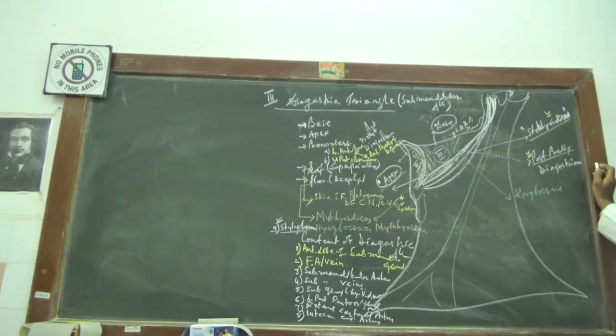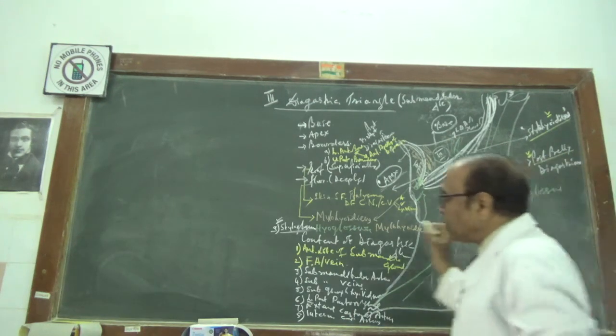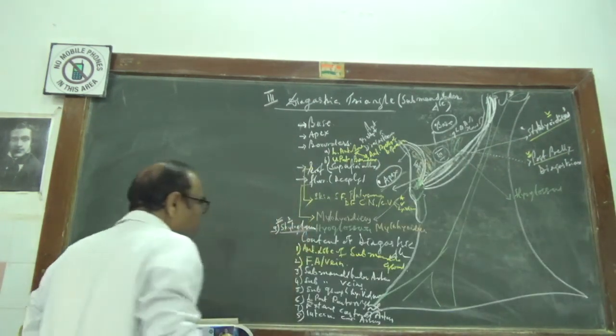along with the posterior belly of the digastricus. But along with that, the muscle which will originate deep to the posterior belly, that of the styloglossus, is from the medial portion and a little lateral part of the styloid process. There is a muscle coming from the styloid and going to the tongue. That becomes one of the contents, but not